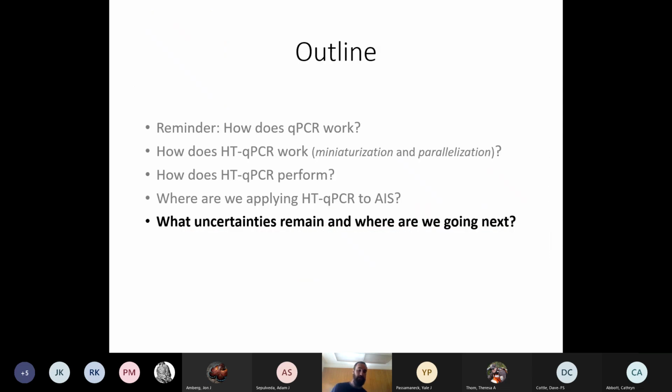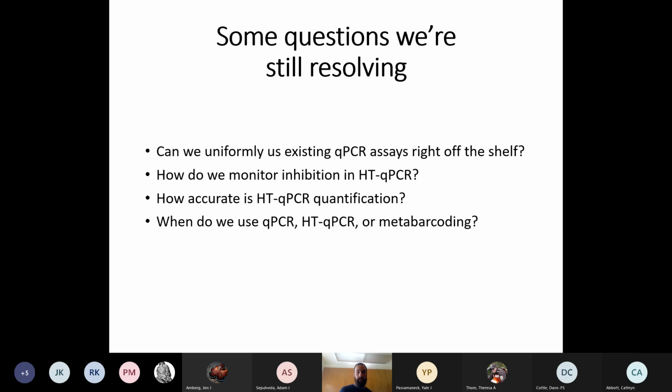All right, and finally, I'm just going to note some uncertainties that remain about this technology, and happy to talk in more detail during the question period about what we're doing to address those and where we see that we're going next. So this first one I already mentioned earlier, which is, can we uniformly use existing qPCR assays right